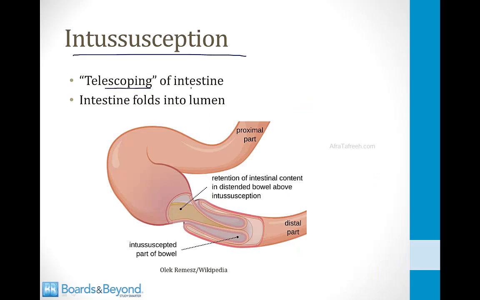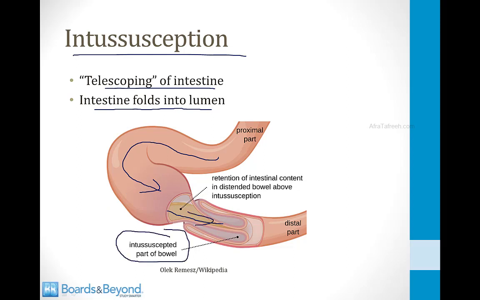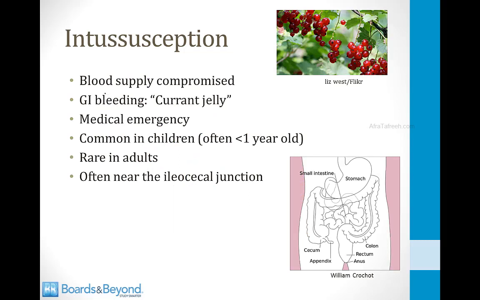Intussusception is a telescoping of the intestine where the intestine folds into its own lumen. This is a picture of what it might look like on the screen here. You can see this proximal portion of intestine has folded into the more distal part. This folded part is called the intussuscepted portion of the bowel. This is a dangerous problem because the blood supply to the intestine can be compromised. This can cause necrosis and bleeding,